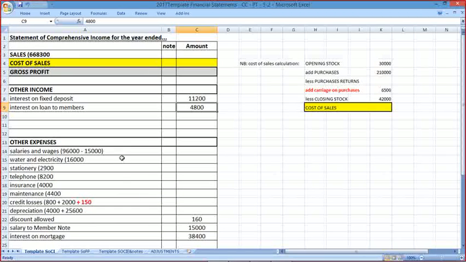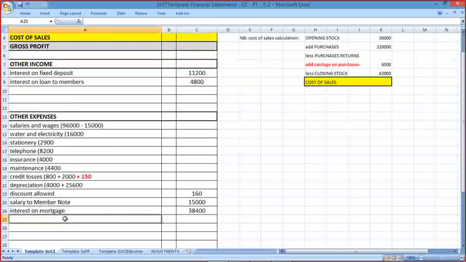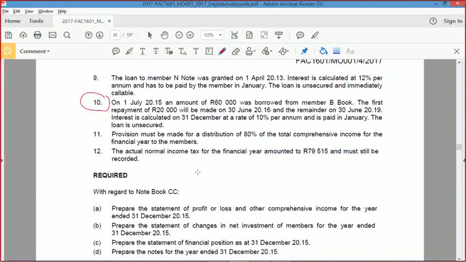I still need the comprehensive income. Yep. So then we go to comprehensive income. And that's going to be an expense. Correct. 3,000. Okay, perfect. Next. Next is provision must be made for a distribution of 80% of the total comprehensive income for